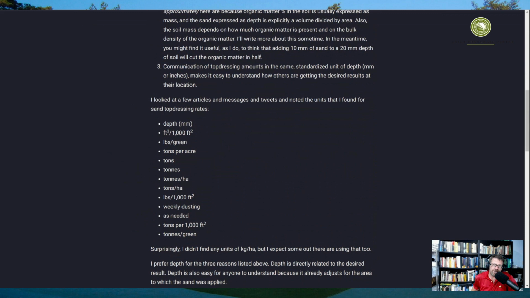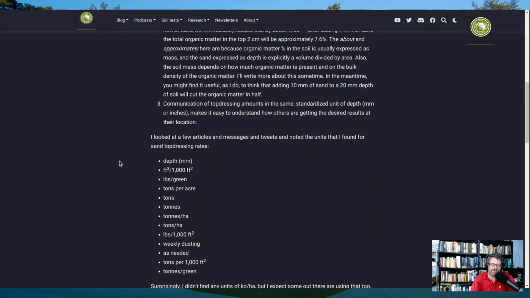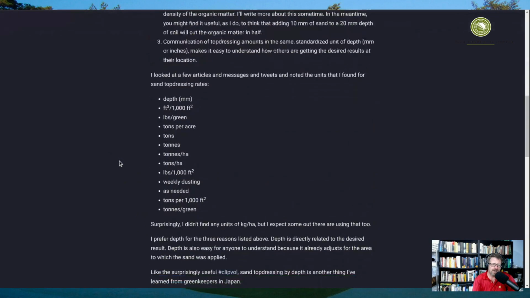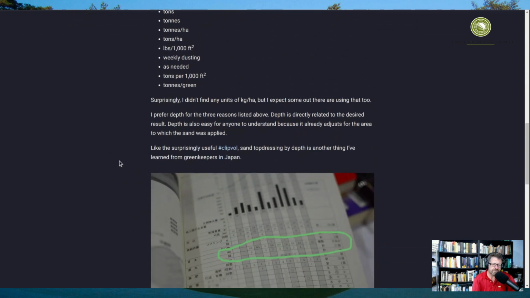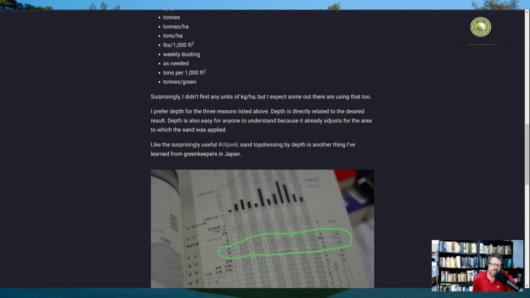So I recommend depth. My personal preference is depth, but if you're not wanting to do depth, then I recommend at least do mass per area and then make a note whether that was dry or whether that was wet. I learned about this, as I do many things,